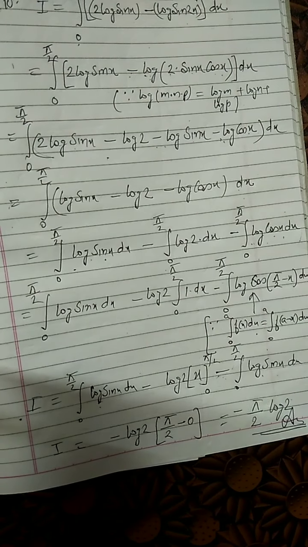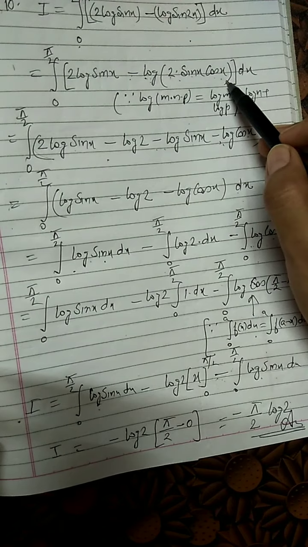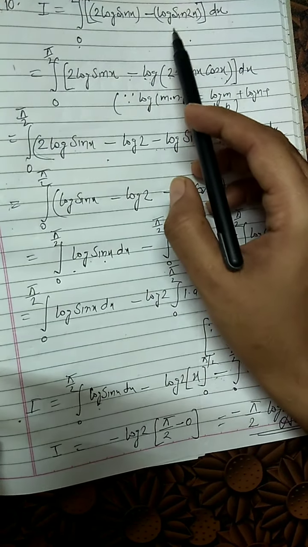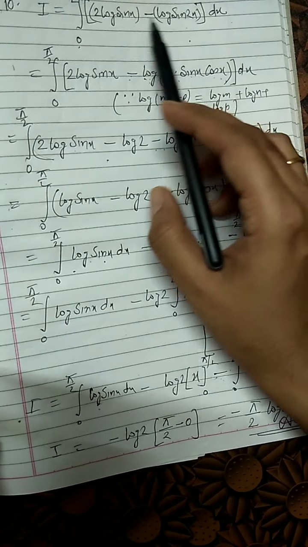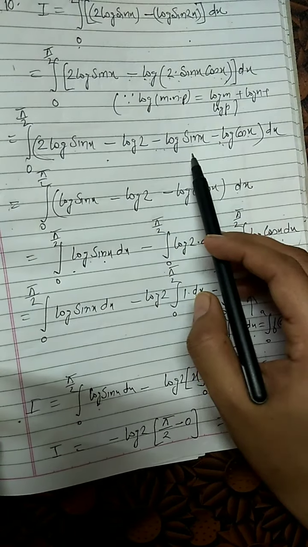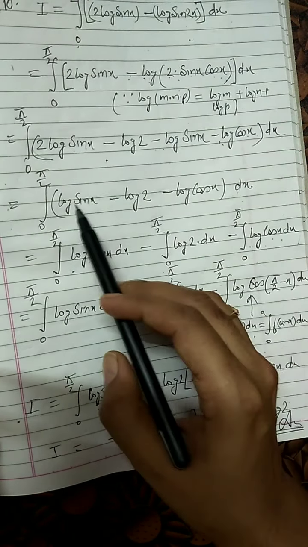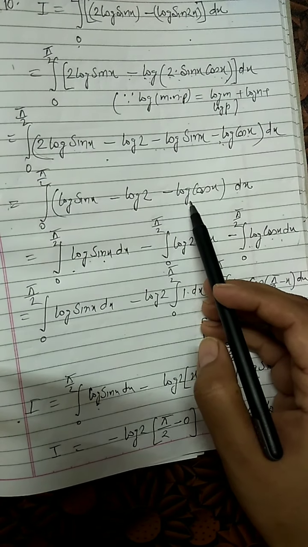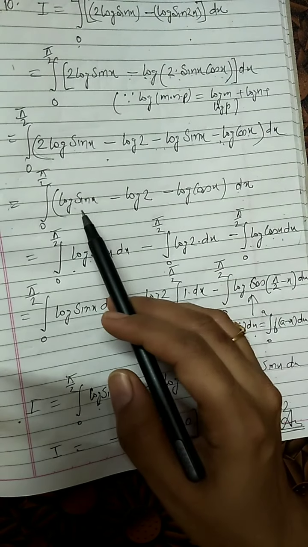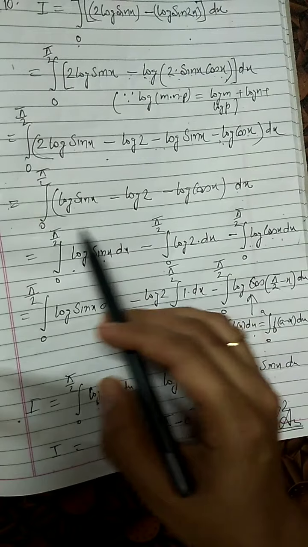We are just first of all applying the sin 2a formula, sin 2a equals 2 sin a cos a. Why are we doing this? Because we already have 2 log sin x, and when I look at this sin 2x, I am getting a log sin x term here, so it can be simplified. And then over this log cos x and log sin x, if I just see, cos is pi by 2 minus x, and sin also I can convert to cos, like sin(pi by 2 minus x) is cos. You can apply the property in this integral also.